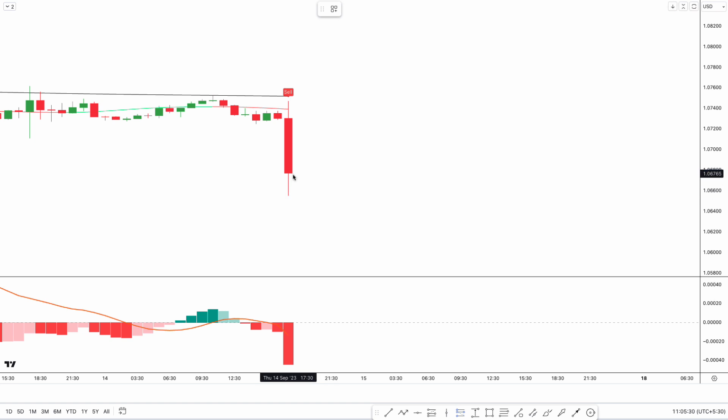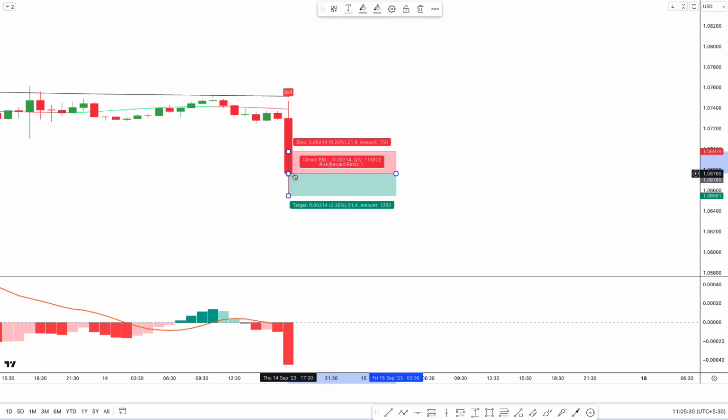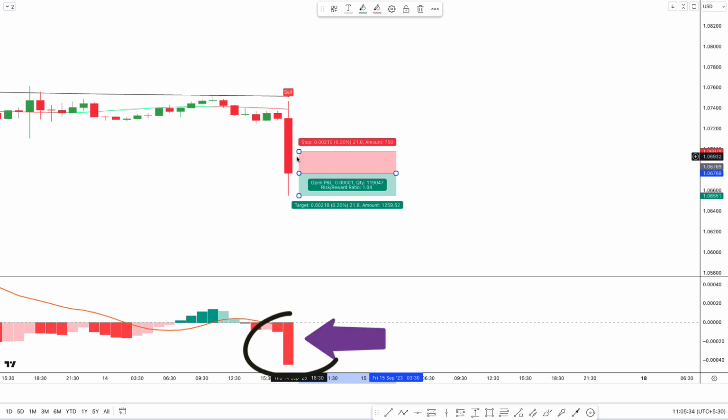Last but not least, we want to ensure that there is enough bearish momentum in the market to push the price in the direction of our trade. For that, we're going to make sure that this last histogram bar of the MACD indicator is colored red, and this orange signal line should also be below the 0 line. If the signal line happens to be above the 0 line,